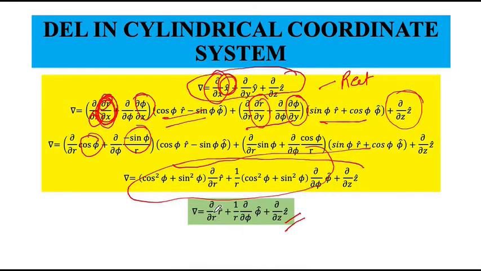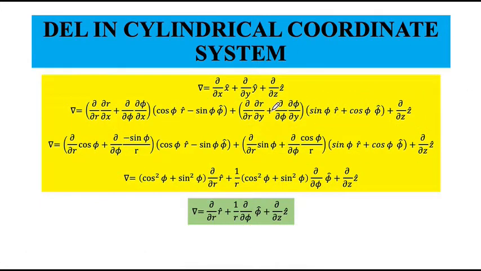So its formula is partial differentiation with respect to r, r unit vector, plus 1 by r, partial differentiation with respect to phi, phi unit vector, plus partial differentiation with respect to z, z unit vector. Okay, so from the two-point transformation, partial differentiation with respect to x and y yields this. Now plugging these into the chain rule of differentiation formula and making use of the unit vector transformation from Cartesian to cylindrical, we get this, which is the desired result. This one is my desired result.